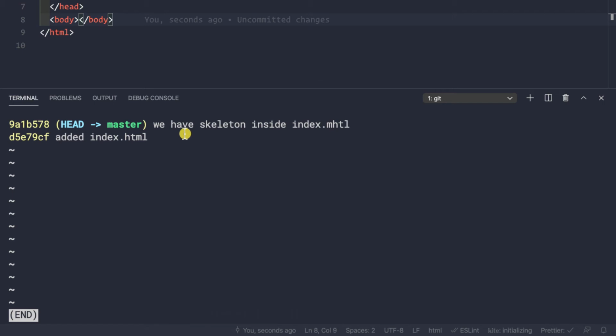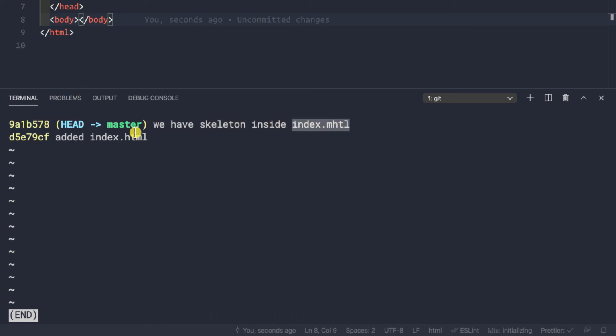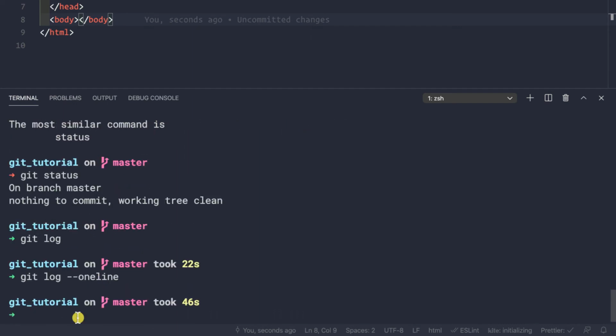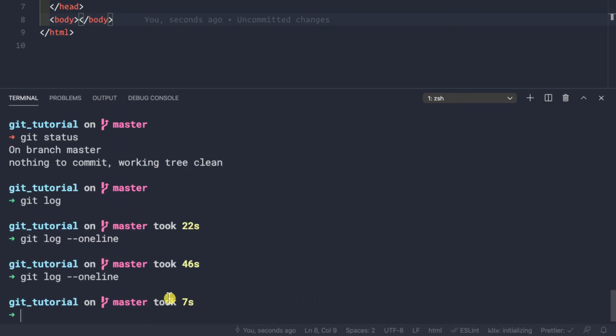Now what if you want to change this message here? That is, we are on this commit here, and we want to change this message because we have misspelled it. So what we can do, we can quit from this editor by pressing Q. And now to change the message, firstly you need to go to that commit itself. But since currently our head is pointing towards this commit here, to change the message we can simply do it like this.